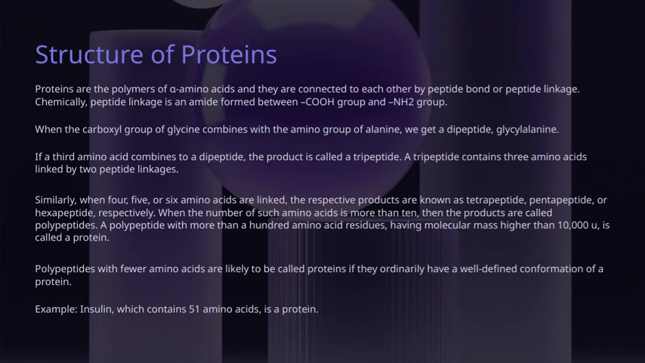For instance, insulin, which contains 51 amino acids, is classified as a protein. Now, polypeptides with fewer amino acids are often called proteins if they typically have a well-defined 3-dimensional structure characteristic of proteins. When we talk about smaller linked amino acids, like 4, 5, or 6, we give specific names: tetrapeptide, pentapeptide, or hexapeptide. Once the chain exceeds 10 amino acids, we generally refer to the product as a polypeptide. And if a polypeptide chain has more than 100 amino acids with a molecular mass over 10,000 units, it is